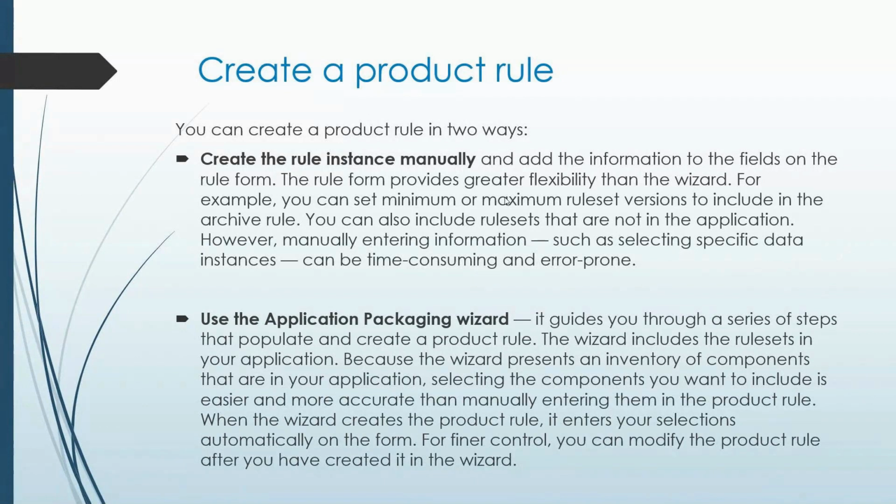So there are two ways in which I can do this. One is a manual approach. You can create a product rule manually, as in, all the details that I said now have to be manually added onto the product rule. Okay. But do you think there is a problem with this manual creation of a product rule?